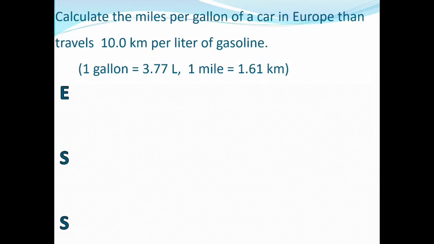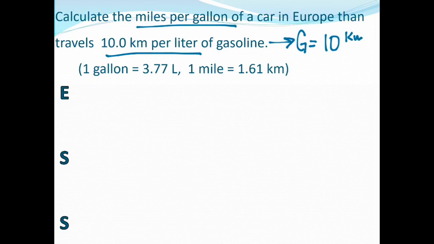Okay, there we go. This problem, the real twist is how it gives you your given. So we're trying to find miles per gallon, and what we're starting with is kilometers per liter of gasoline. So this is just the efficiency of our car. But I'm actually going to rewrite our given here as 10 kilometers per liter. Normally when we write these things out, and you might see that as well in your car when you see miles per gallon written out someplace in your fuel efficiency, maybe if you have a newer car, you use that